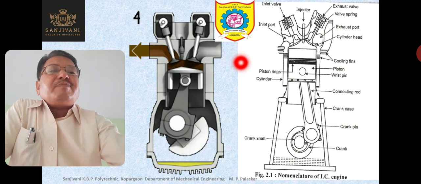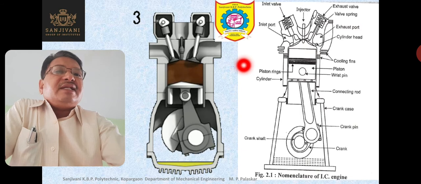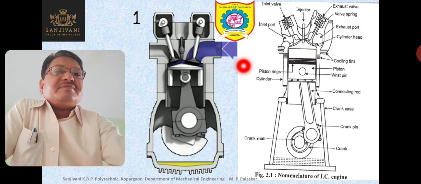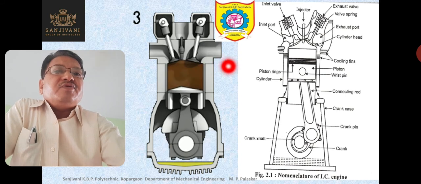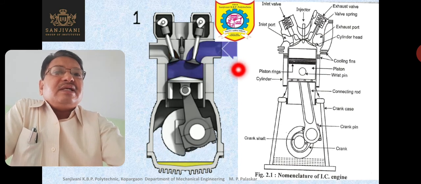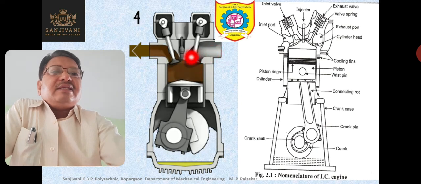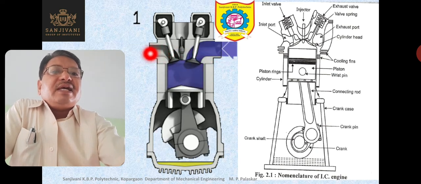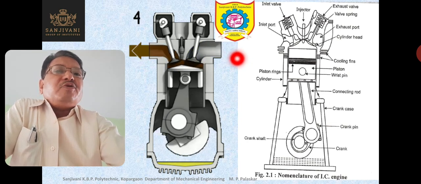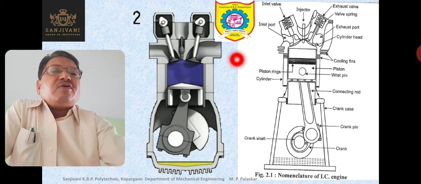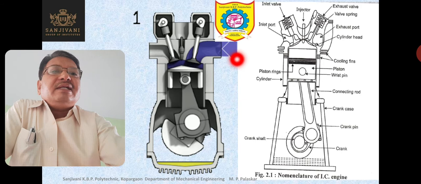Now what spark ignition and compression ignition are, we are going to study later on while studying the classification of IC engines. So I think you have recognized the various parts. Once again, here also I can show you that these are the ports. This is the inlet port, inlet valve you can say, and this is the exhaust valve. The difference between a port and a valve is that a port is always open, whereas a valve can be closed or opened automatically or manually, right? So that is a valve.